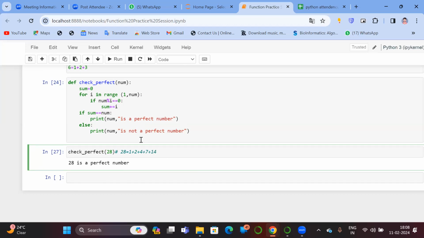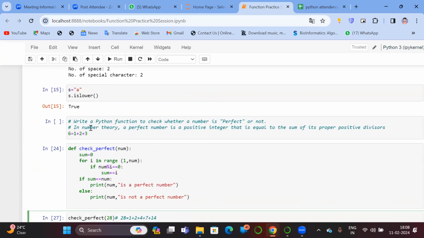There are lots of numbers which are perfect. You can check that way. So everyone understood how this function works? Hello everyone. Yes, sir. Clear? Sir, without a function, we can also do this. Yes, you can do it any way. Today's class